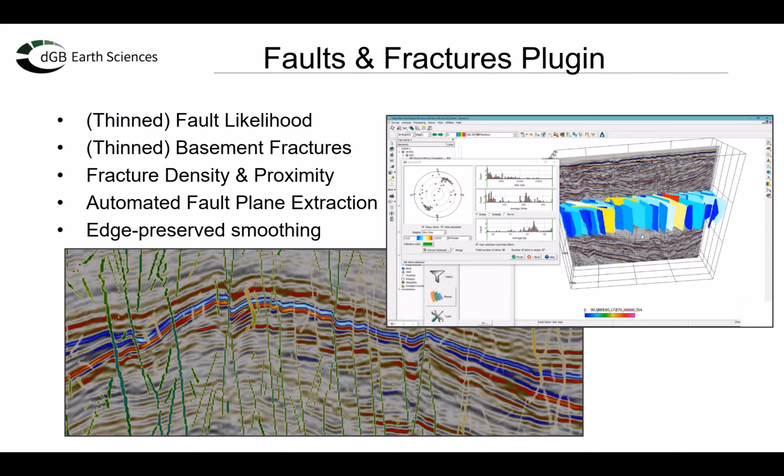So faults and fractures is a plugin to OpendTect Pro. It combines all the attributes, filters and utilities that we have for fault and fracture analysis in OpendTect. The main attribute here is fault likelihood, and its derivative, thin fault likelihood. Unique to the DGB solution is also that we have a solution for basement fractures, and in certain basins